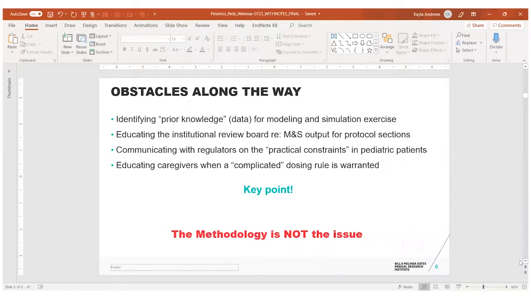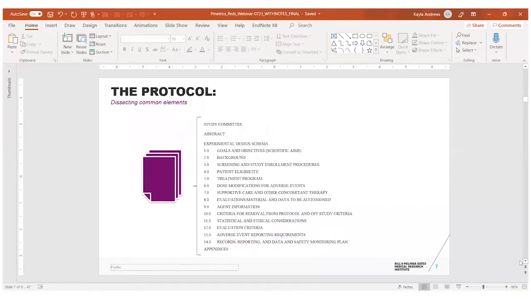So being able to operate with these practical constraints, but still deliver good information in terms of providing guidance around the gaps in our pediatric clinical pharmacology knowledge, as well as delivering eventually dosing rules that allow us to recommend these medications with confidence. But the methodology, I want to make this point, methodology is really not the issue. We have a lot of approaches here. There's good historical precedence. I would strongly recommend that those who are engaging in this area read the literature and get comfortable understanding good case studies. Again, as a context for where we begin,